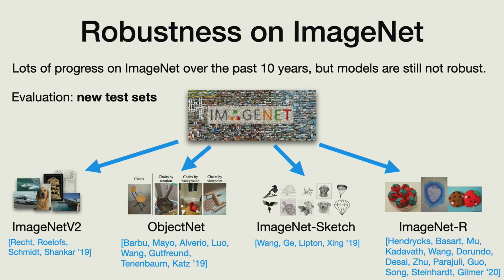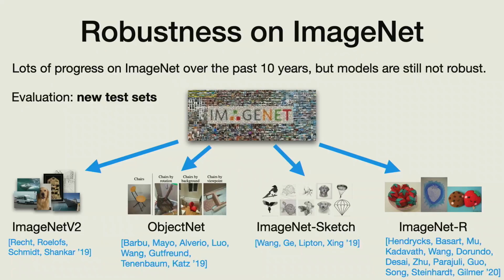ImageNet Sketch, as the name suggests, is basically all of the ImageNet test set, but now only sketches, not real images. And then ImageNet-R is a bit like a supercharged version of ImageNet Sketch. The idea is not only sketches, but all sorts of renditions. This is where the R comes from, like also oil paintings, anything but the real object. Okay, good. And now the big question of all of these test sets is always how robust are current methods? What gives us the largest robustness gains on these test sets?